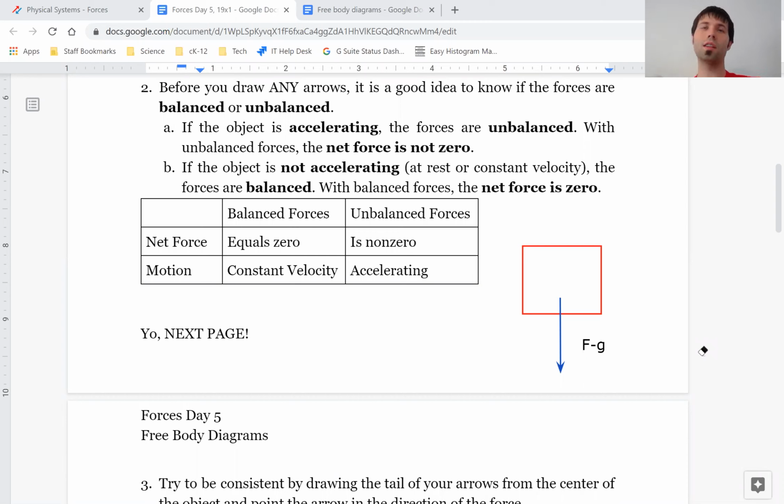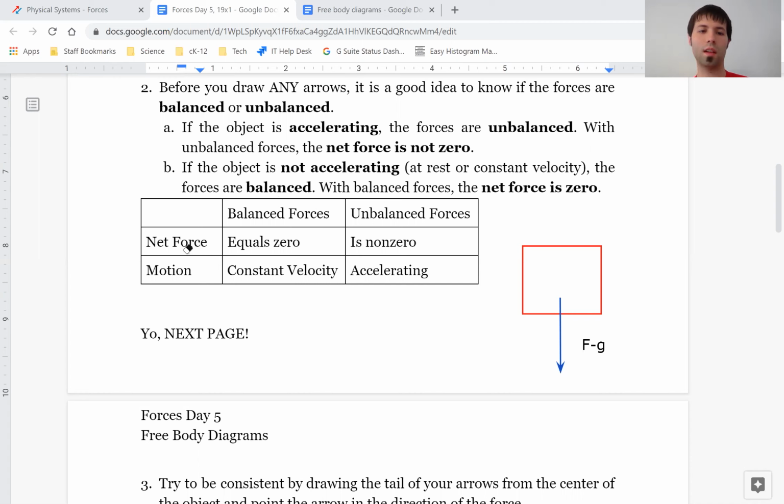Remember, forces cause acceleration. Forces are just pushes or pulls. So this box is being pulled down by gravity. So we call that an unbalanced situation where the net force is not 0. There's nothing to balance that downward force of gravity. That's an unbalanced situation. So this little chart here will kind of tell you if in a situation where the